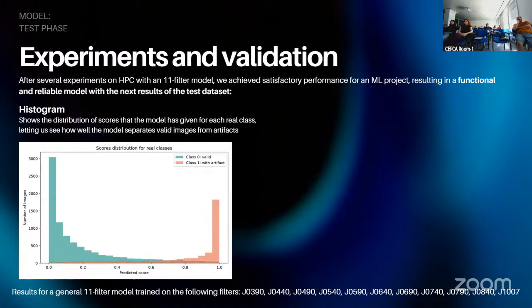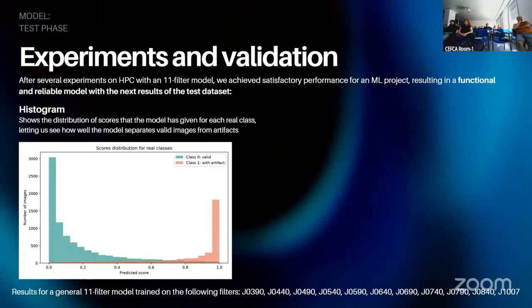Okay, but I have to make a selection of the images. I have to say, these are the images that I'm going to take to create the super background. And I do this by picking a concrete threshold. For example, if I pick a threshold of 0.5, that means that I'm going to select all the images that got a score between 0 and 0.5.